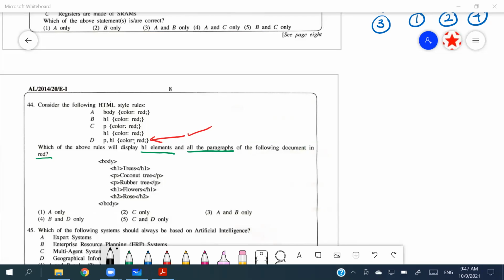Right, every point is having the colon. So we can take the D as the correct one. It is the grouping of selectors. So for the grouping selectors, all right. Right, so D can be taken as a correct one, as well as we can take C as a correct one. So it says